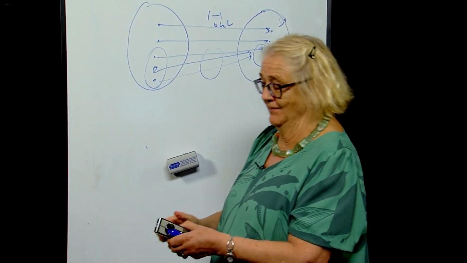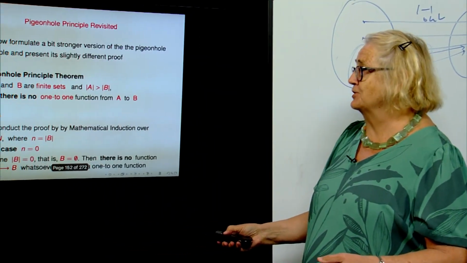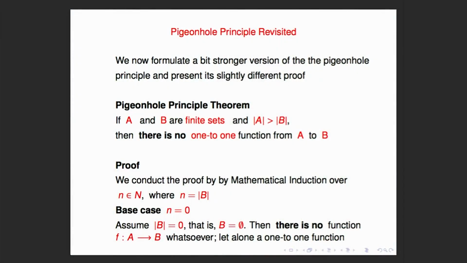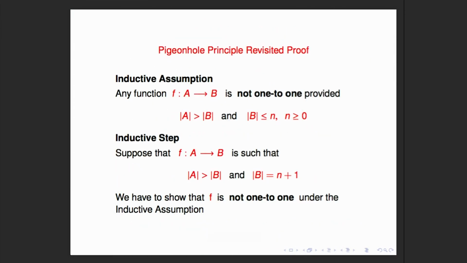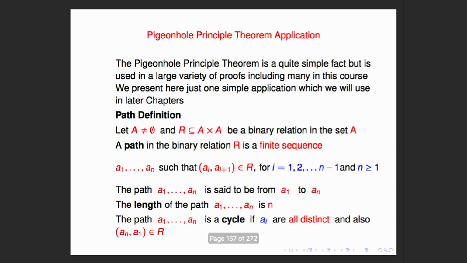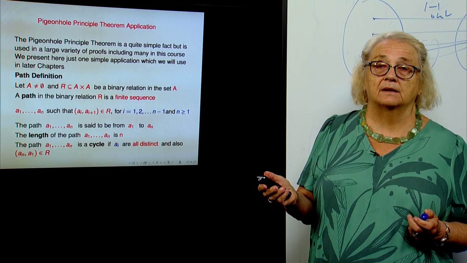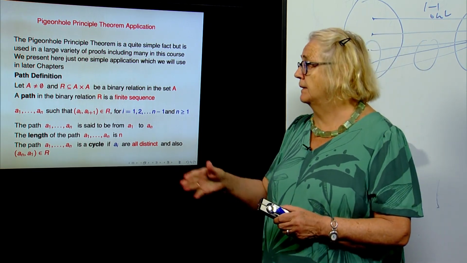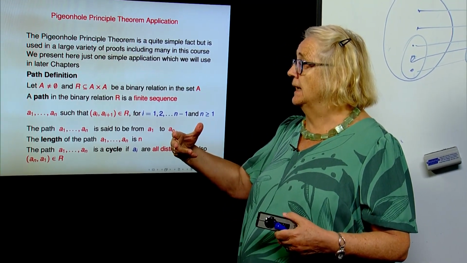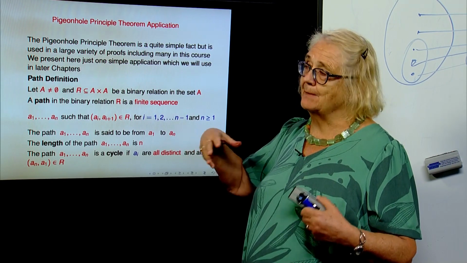And the real statement of the pigeonhole principle is that if you have two finite sets, where A has cardinality greater than B, there's no one-to-one function from A to B. And of course, there is a nice inductive proof that it really holds. And also, the applications are amazing. So, for example, one of the important notions for a binary relation is the path